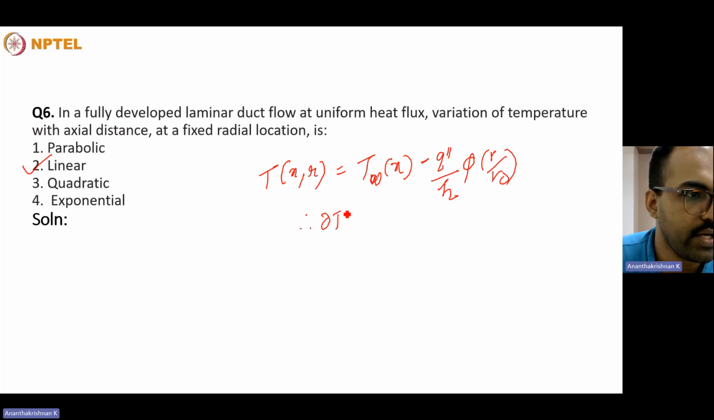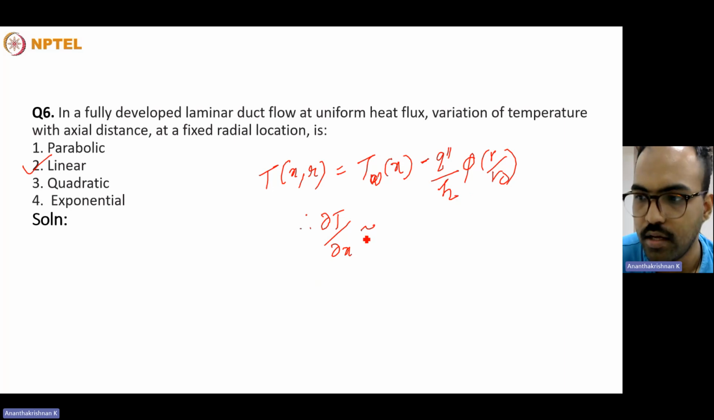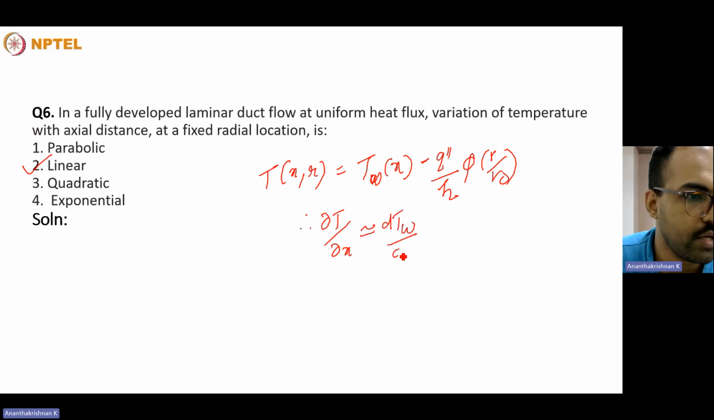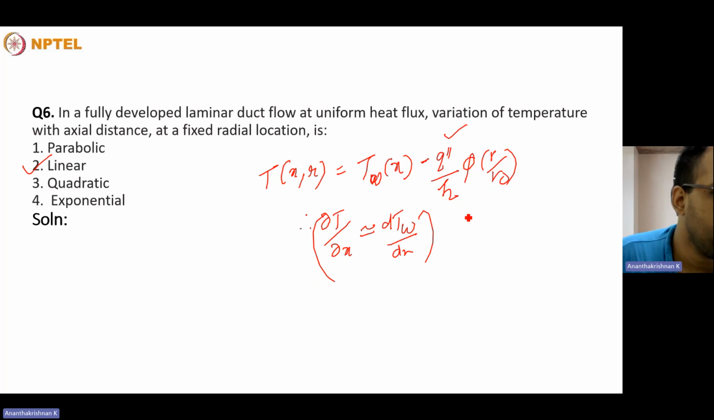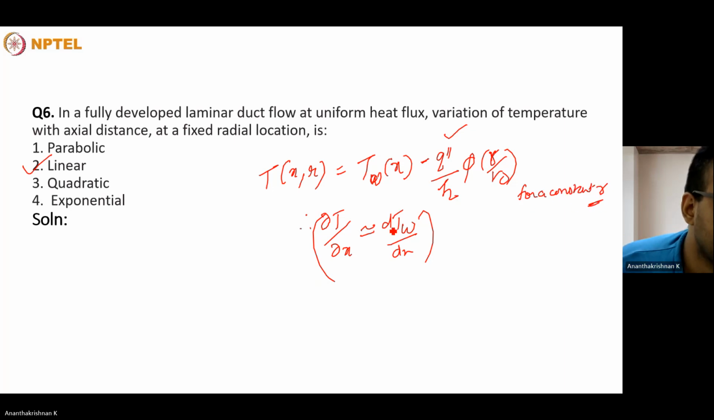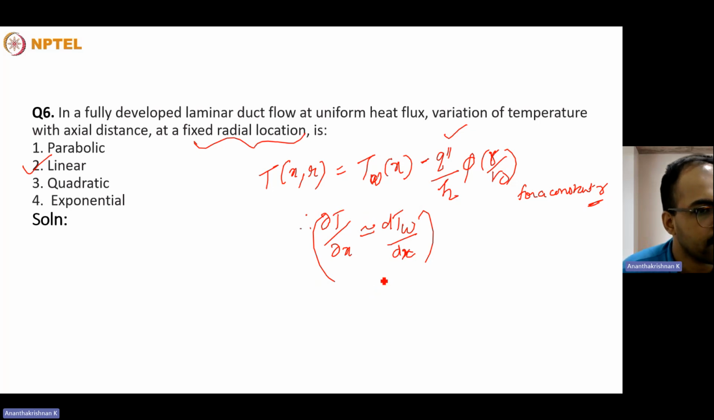So this means that dou T by dou x is equal to dou T wall divided by dou x, because this is a constant at one particular r value. We assume that r is a constant in this case, at a fixed radial location given in the problem. So dou T by dou x is equal to dou T w divided by dou x. Also,